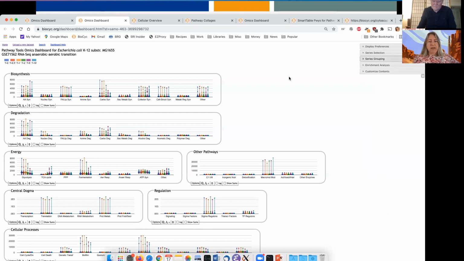So now when we drill down, let me show one that has only one level of